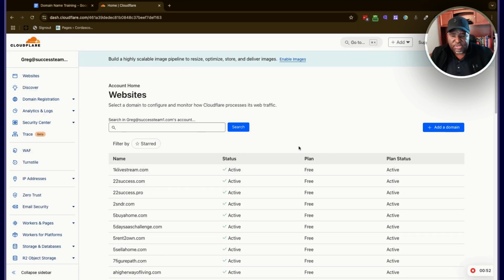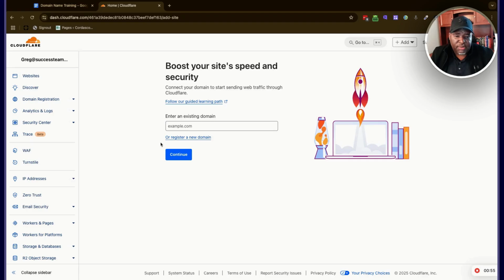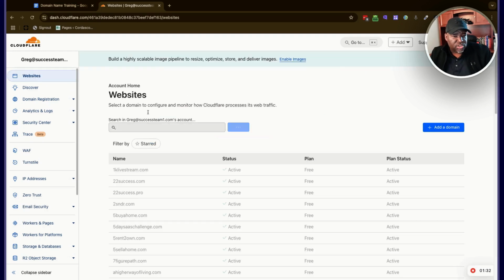You won't see any websites here, and you're going to hit add a domain. This is where you're going to enter a domain. I'm just going to put some jargon here for now, right? And you're going to hit continue. What it's going to do is look to see if that domain has records, and then start to copy those records. Okay. And then it will give you a screen of those records. It will take a couple minutes for it to go find and copy and pull all the records. And nothing changes when you're doing this process. The website is still going to be there. It's just going to copy your DNS records. Right. So I'm going to go back and show you one of mine.